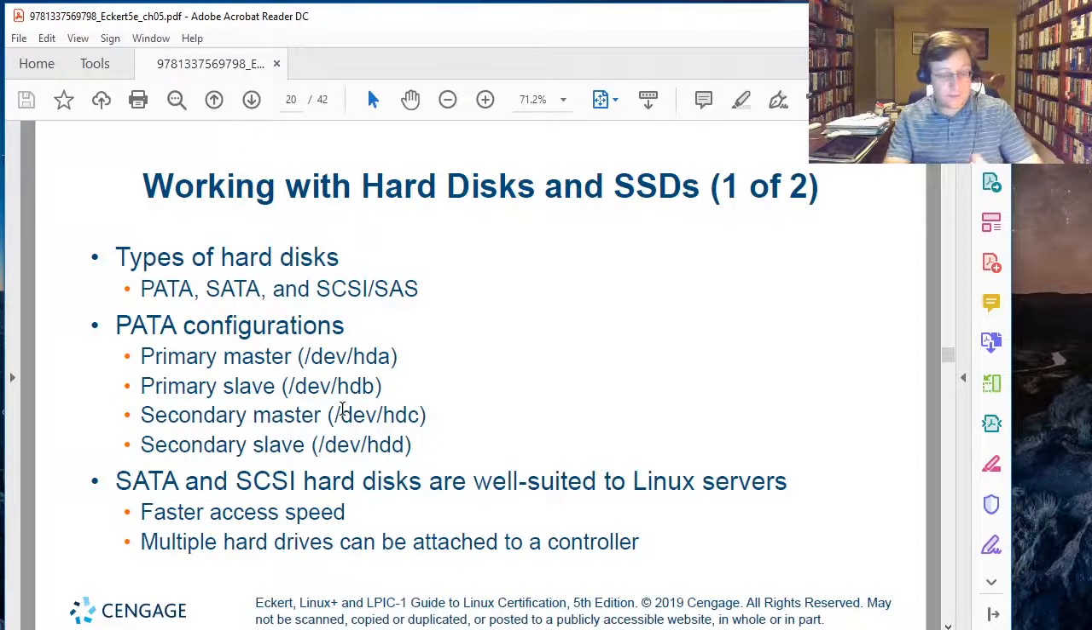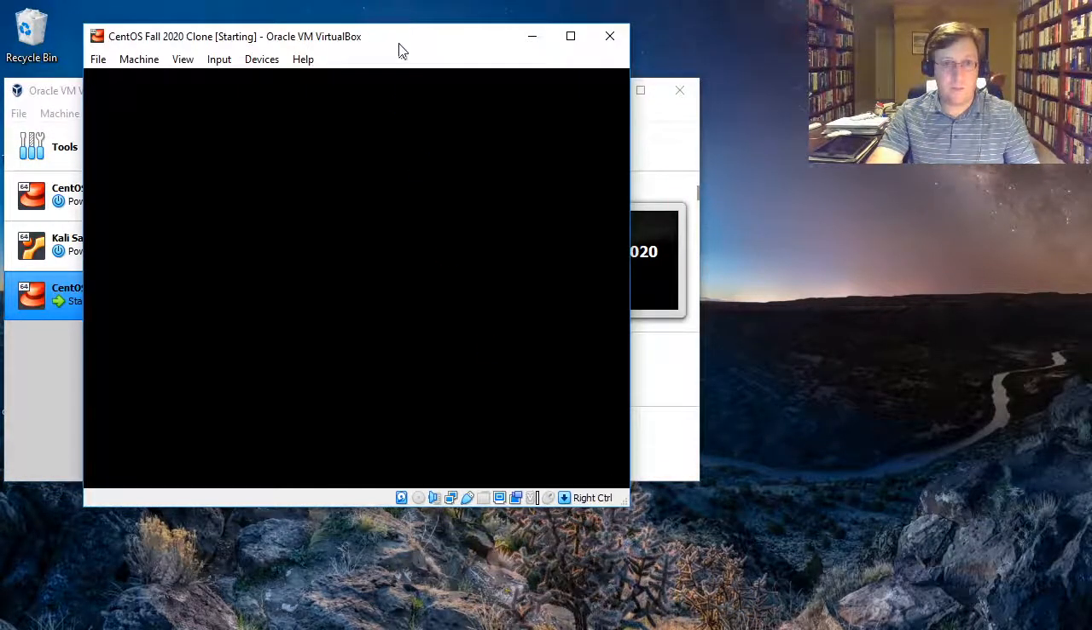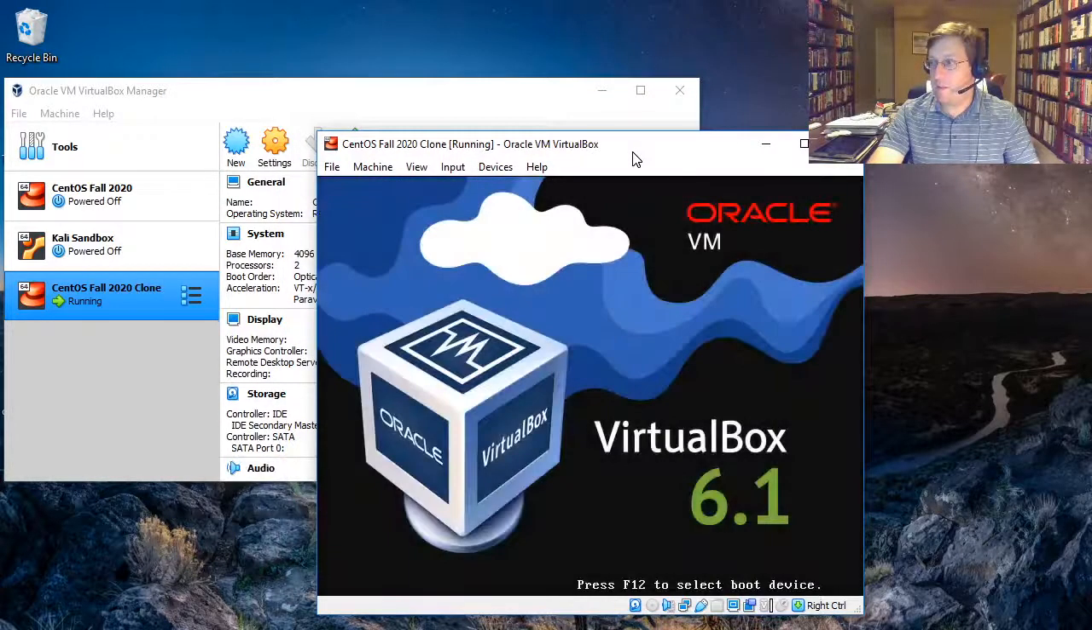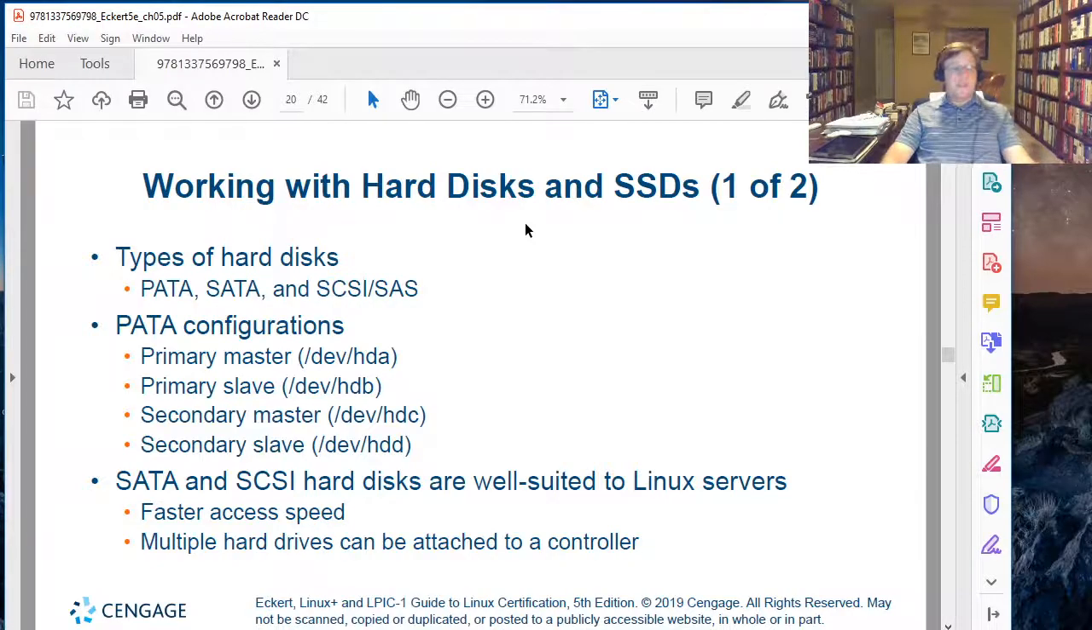behind how Linux is going to treat hard drives, and then we'll get rid of this and actually start working with Linux. So, in preparation for that, I'm going to go ahead and start up this clone here, and let me see if I can put that in a place where it's not obscured by my face. Something like, okay, we'll come back to you in a minute. Okay, so